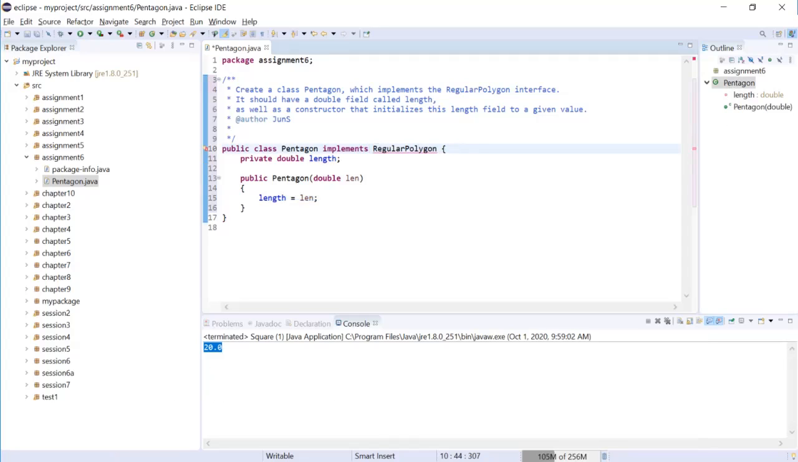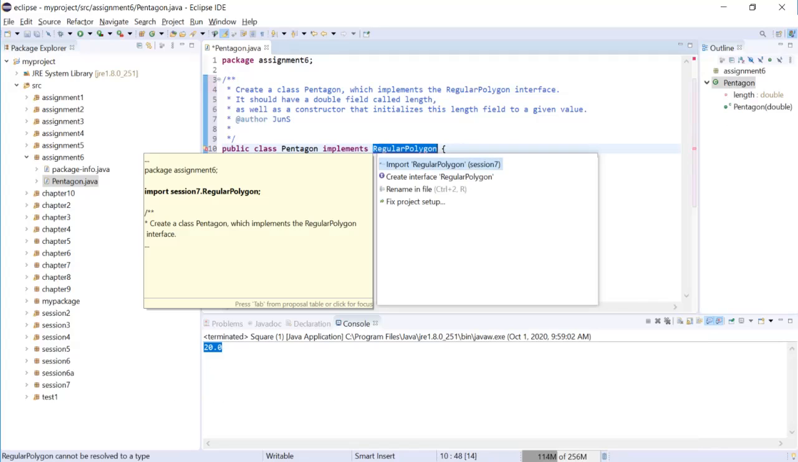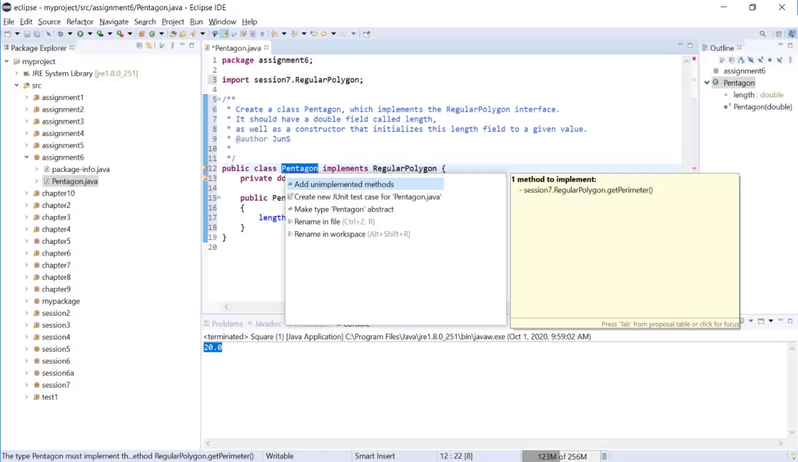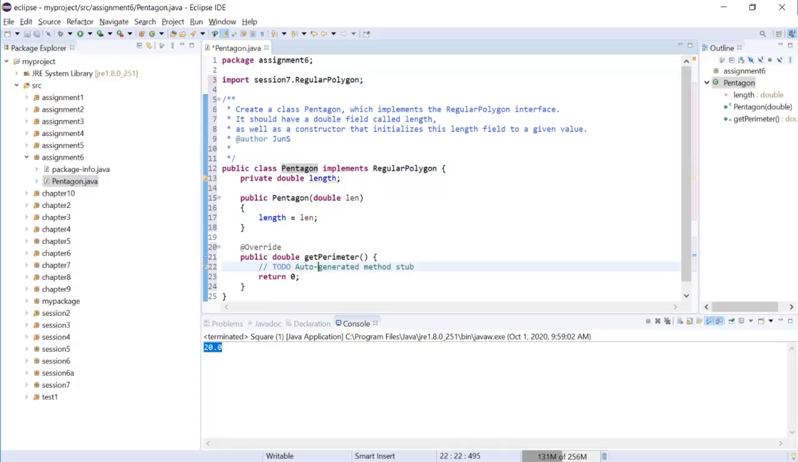And for RegularPolygon, there's an error because it cannot be resolved to a type. But when you click on the error, you will be able to resolve it by importing RegularPolygon. Now there is one more issue, which is to add the unimplemented method. So you have this getParameter, and it will return length times 5,